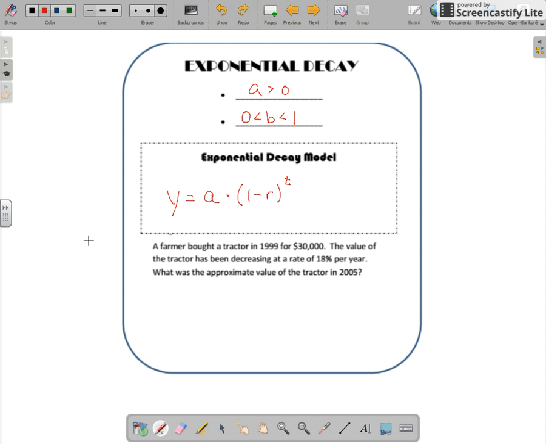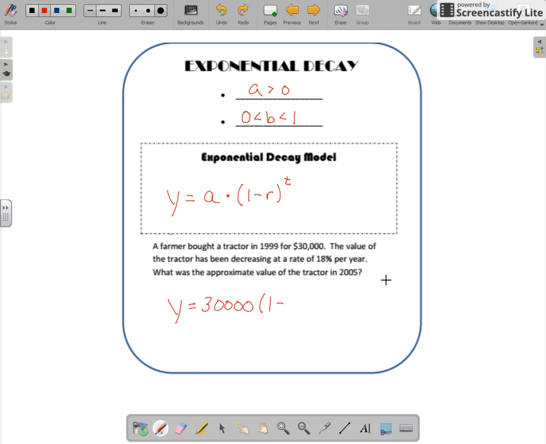A farmer bought a tractor in 1999 for $30,000. The value of the tractor has been decreasing at a rate of 18% per year. What was the approximate value of the tractor in 2005? Okay, so plugging in what we know, y we don't know is equal to 30,000, because that was our initial amount, times 1 is always going to be there,